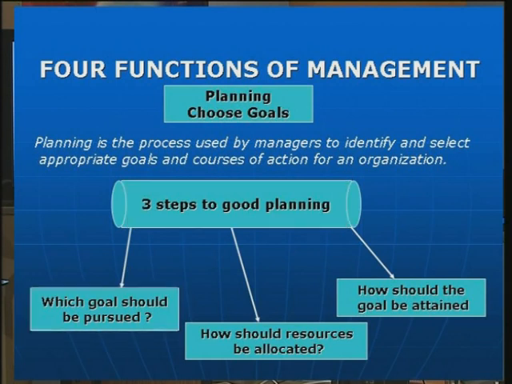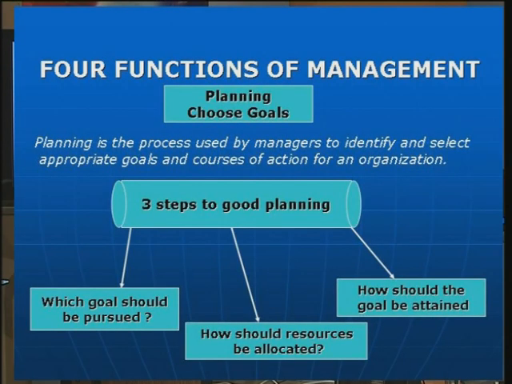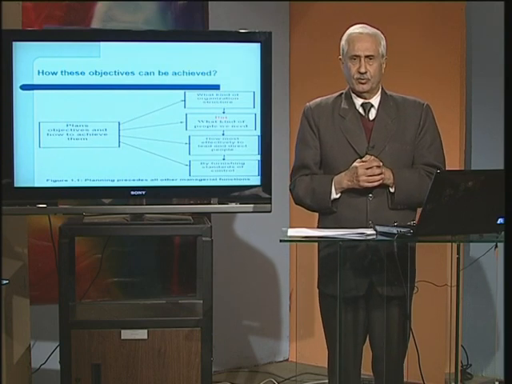Which goals should be pursued, which means that the manager must be very clear about the goals to be pursued. How should the resources be allocated to the achievement of these goals, and how should the goals be attained, that is, the processes that have to be managed by the manager for attaining these goals. Now, since planning is related to goal achievement